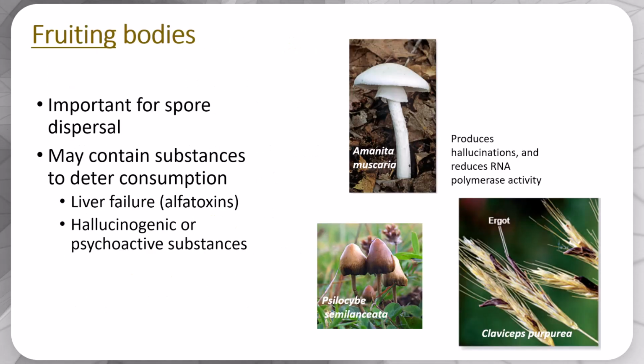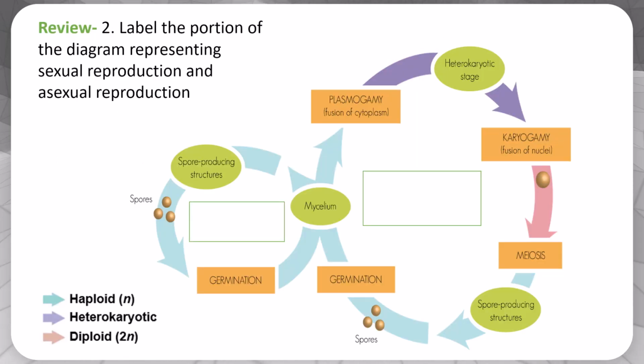So the fruiting body of a fungus is important for spore dispersal, and some fruiting bodies contain substances to deter consumption, like substances that would cause liver failure. Hallucinogenic or psychoactive substances can be found in fruiting bodies as well. So here we've got a diagram of that fungal life cycle, both